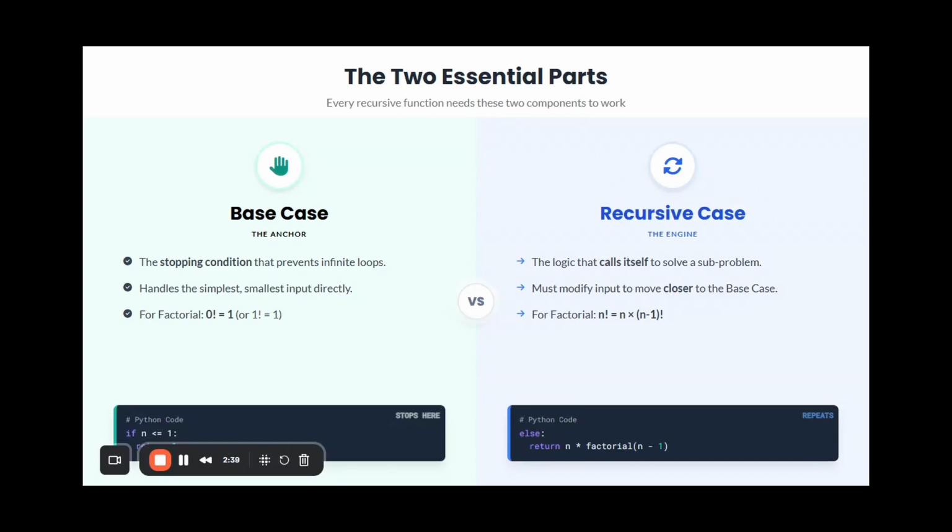The recursive case means it calls the function again and again till it reaches the base case. In the recursive case, the input value will change. These are the code examples for both the cases.